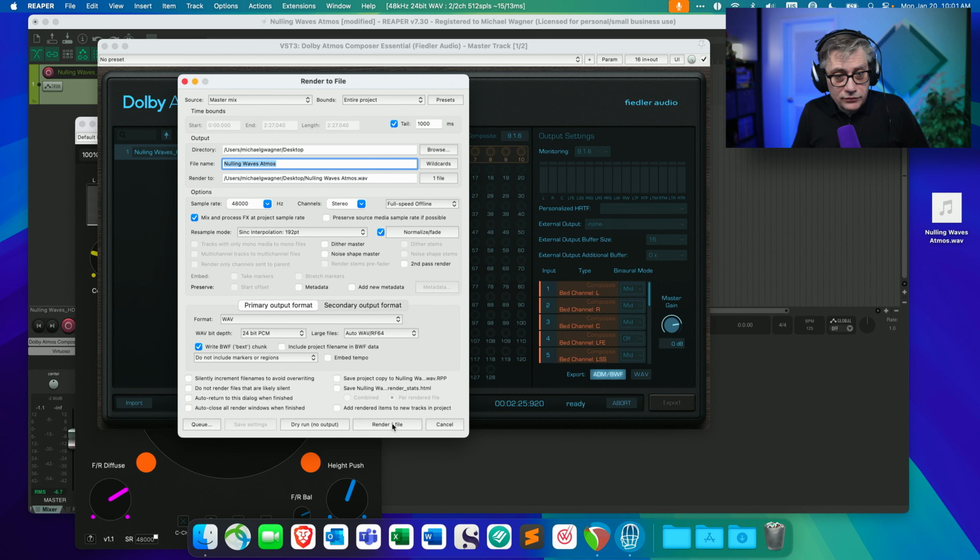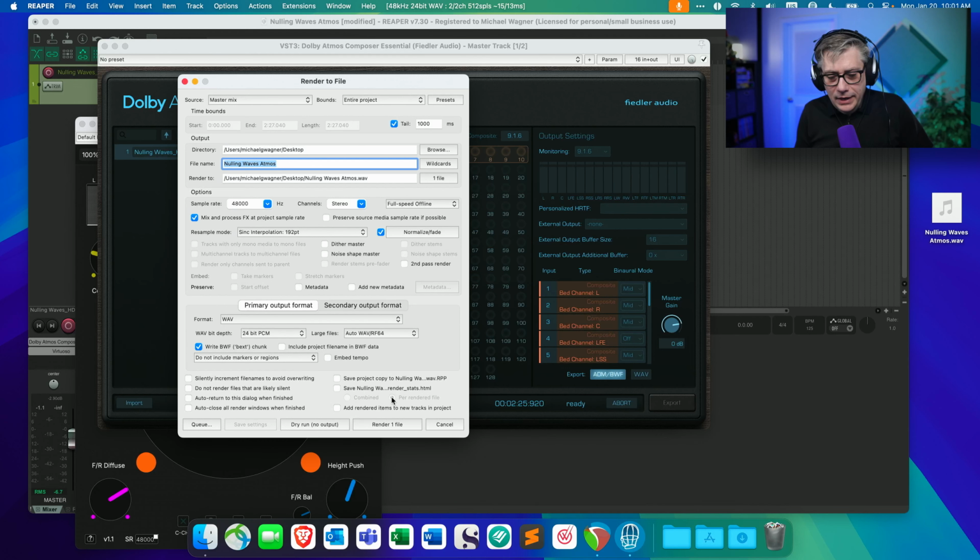And as we are rendering that file, there are two things that are going to happen. First of all, the Dolby Atmos Composer is going to render out the Dolby Atmos master file, and Reaper is going to render out a binaural downmix through Virtuoso, which is going to be completely useless, because once again, we're recording the head tracking information of my head position, and that's going to be recorded in the output.